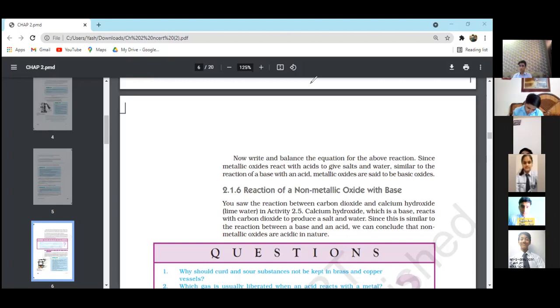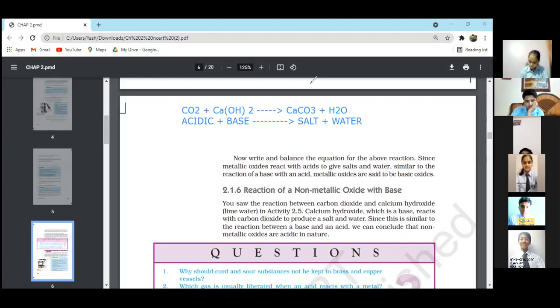So can we call this reaction also a neutralization reaction? Yes or no? Yes, ma'am. Salt and water are also formed. It is a neutralization reaction. So we have learned two things, that metallic oxides are